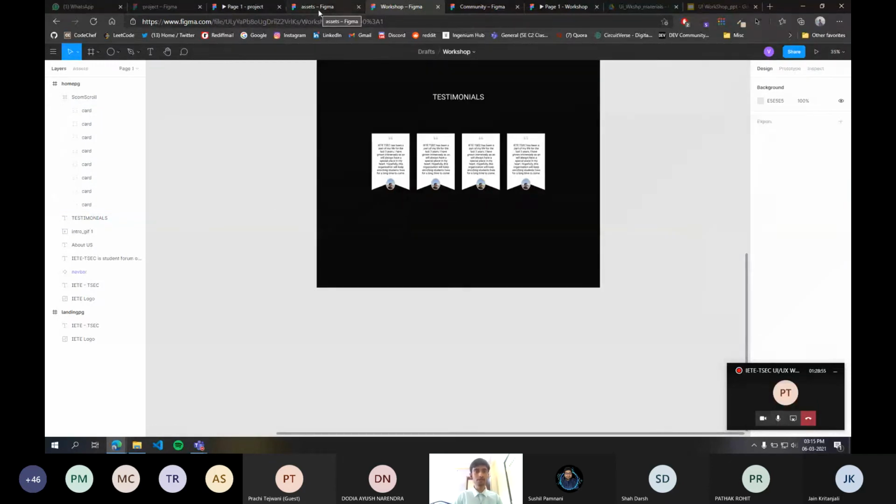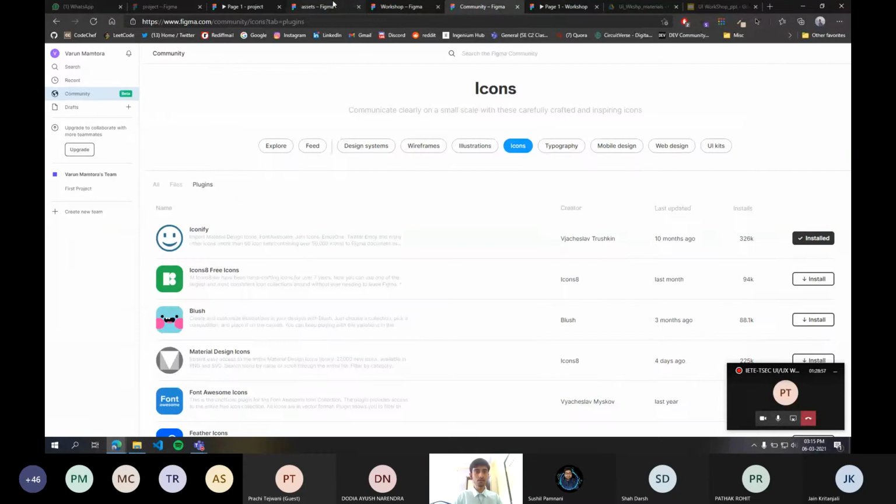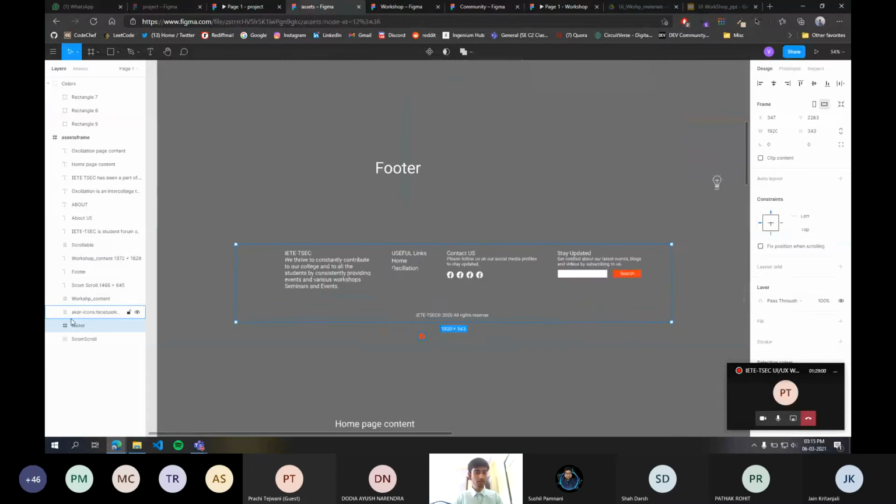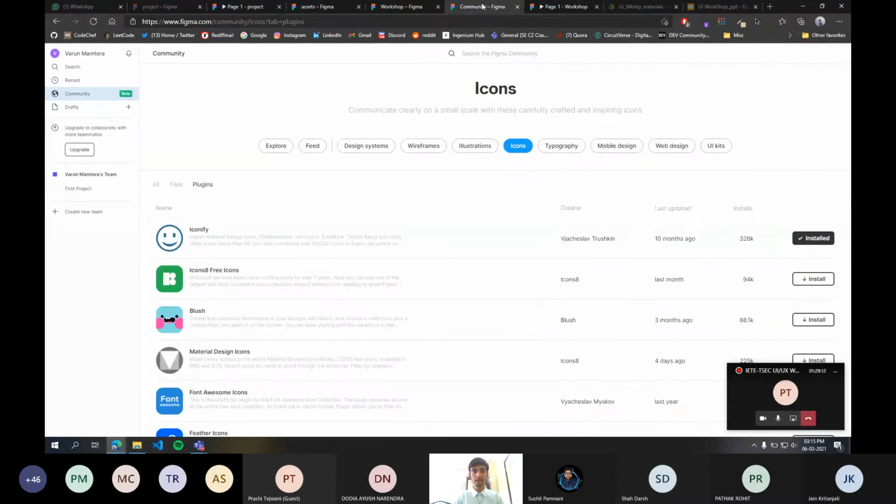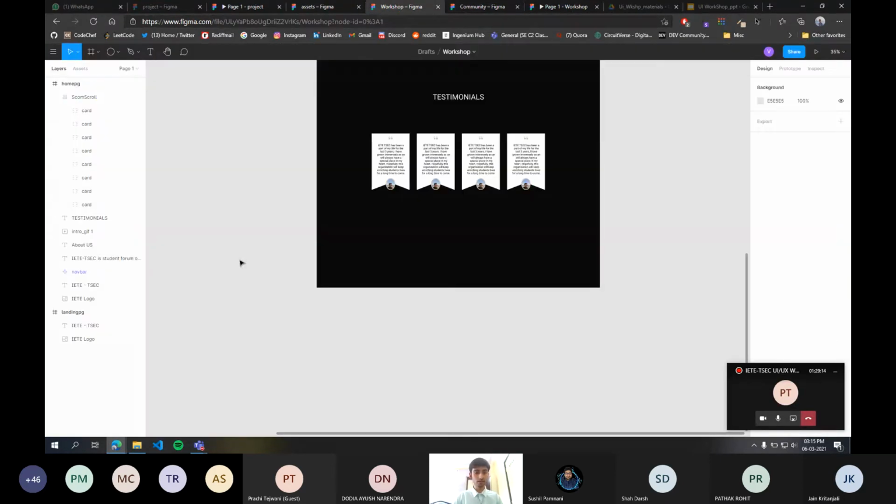Cool. So now let us move to this footer, which will be nothing but a component for now. This is a frame. So go to the assets tab, select the footer, and press Ctrl C to copy this entire frame and paste it over your project.